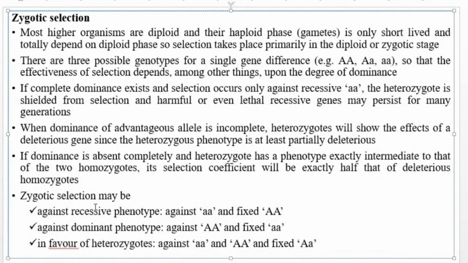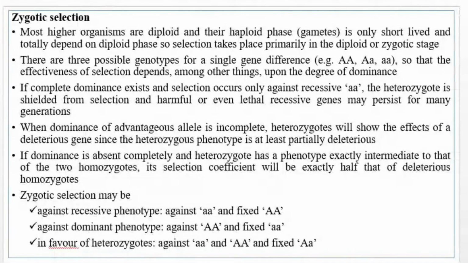Against dominant phenotype selection गर्यो भने के हुन्छ भन्दाखेरि the recessive allele will be fixed, and again if the selection is against dominant homozygous and in favor of heterozygous, against recessive allele and dominant homozygous, the heterozygous genotype will fix in the next generation when we practice the zygotic selections. So in this way the selection can be practiced at the haploid stage or the zygotic or diploid stage मा हामी selection गर्न सक्छौँ।